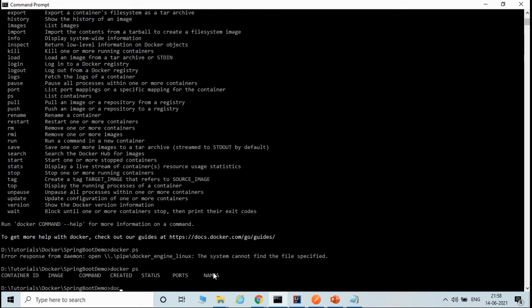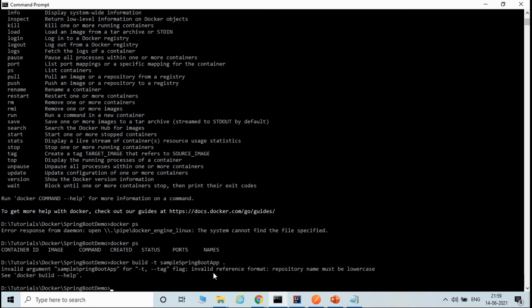Now let's say that we want to build the Docker image. What you can do is docker build, and then you need to provide one tag name, simple Spring Boot app, and you need to give the location of the Dockerfile, so I'll give dot. The tag name should be in lowercase.